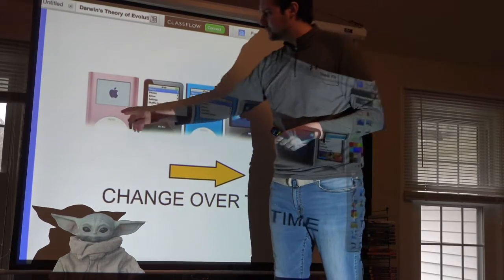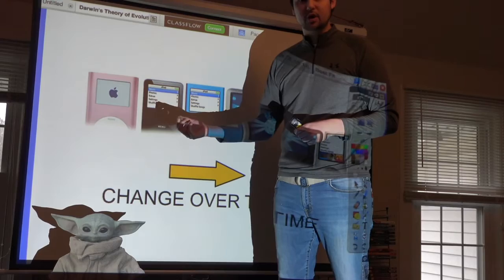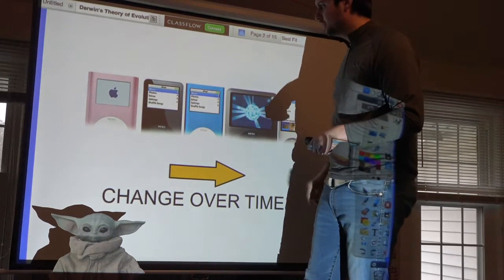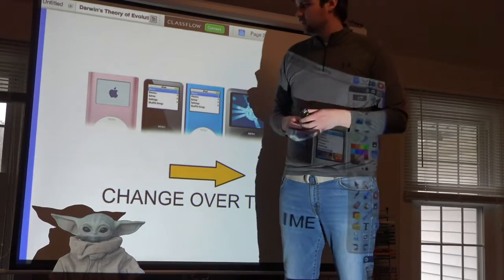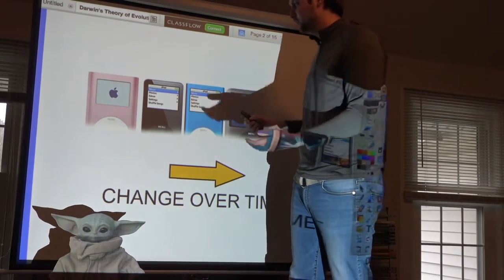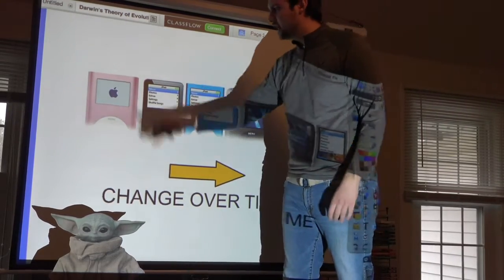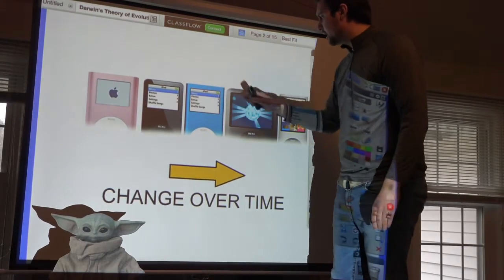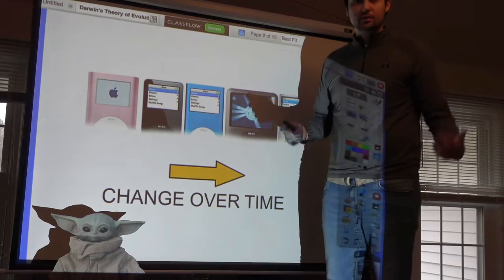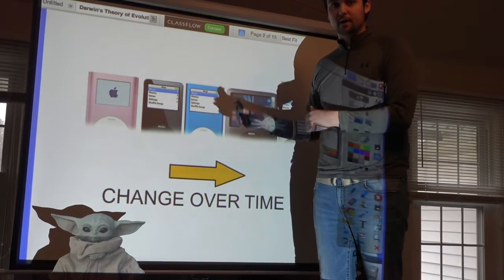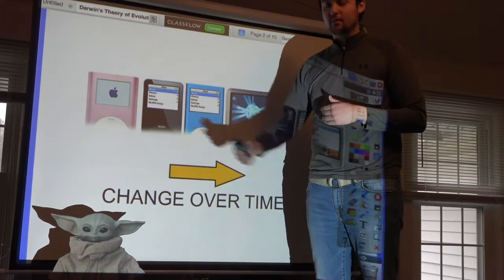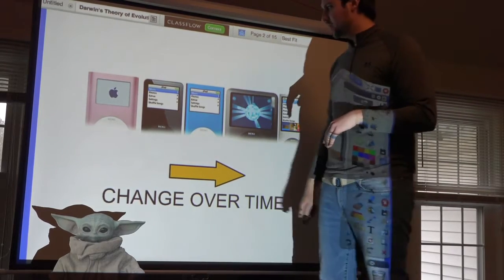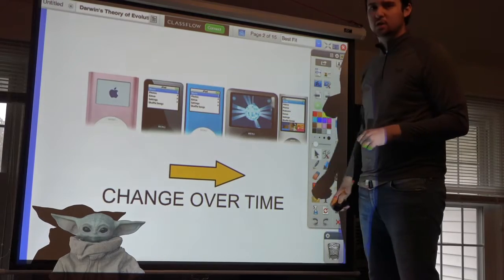So the successful and desirable traits continued on throughout time. The traits that weren't so good, weren't popular, people didn't like them, they died off. So eventually we're getting better and better and better. Same thing goes with animals. They are better and better from generation to generation because they are then more suitable or adapted to their environment. So evolution has changed over time.